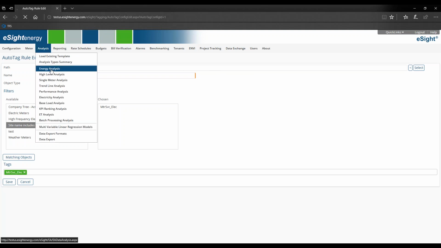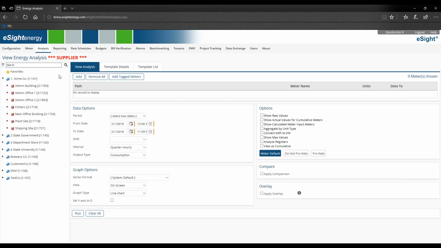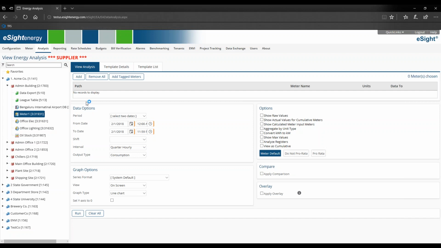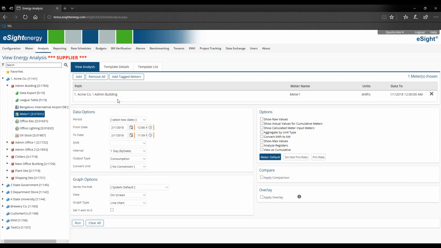Okay. Last but not least, I just wanted to end in a place that's probably familiar to a lot of people, which is energy analysis. Here I wanted to show the note taking again. So if I just pull up a meter, I want to demonstrate a couple of things. So firstly,